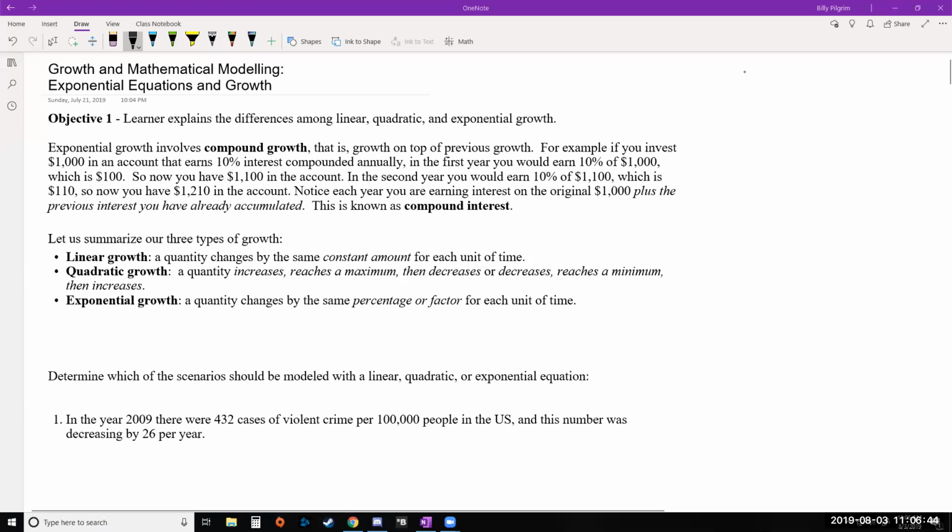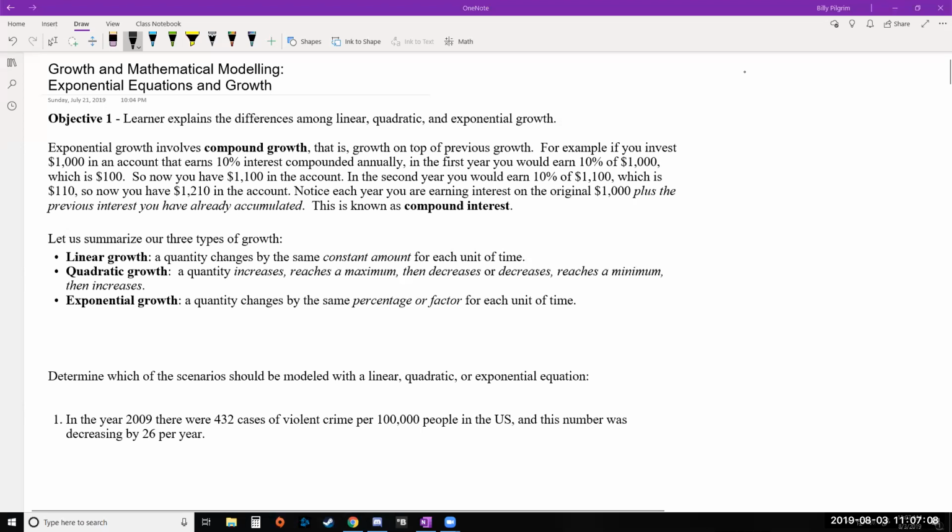And this is going to keep going on, right? We'll earn 10% of that, which will be even more than $110. So what's happening is we're earning interest not only on the original $1,000, but also all the previous interest that we've accumulated, and this is going to grow faster and faster each time. This is what we call compound growth or compound interest in this case, and it's characterized by growth on top